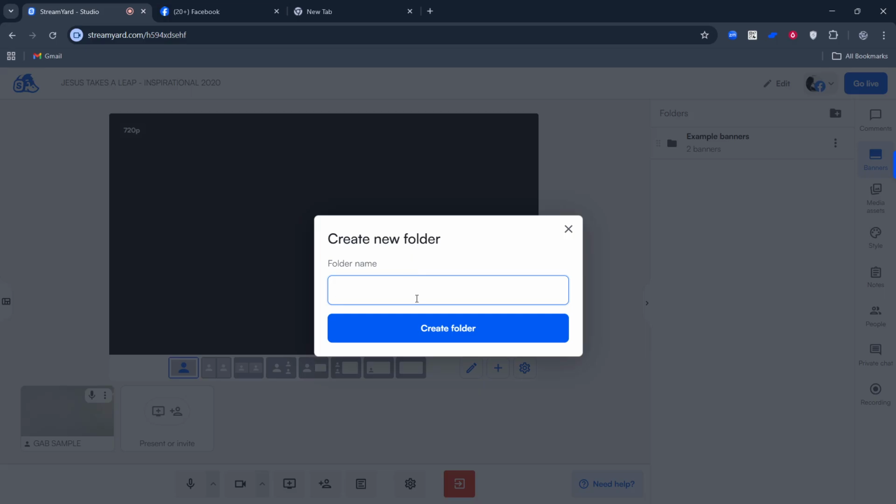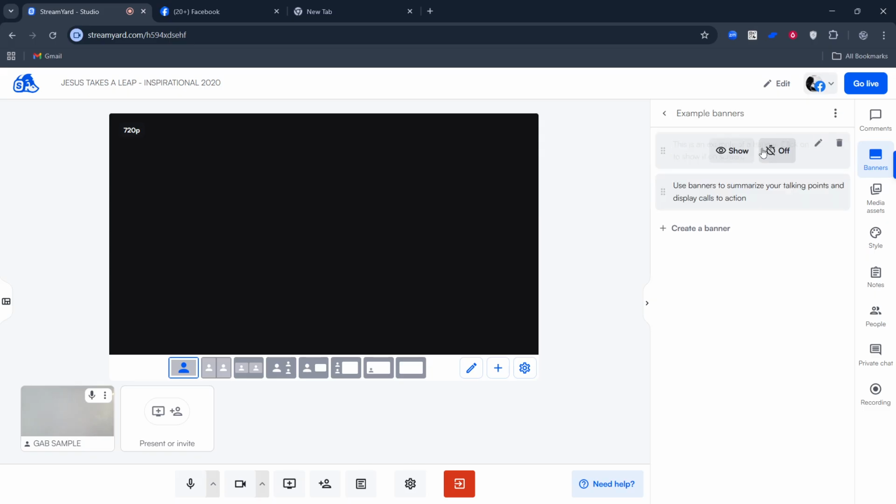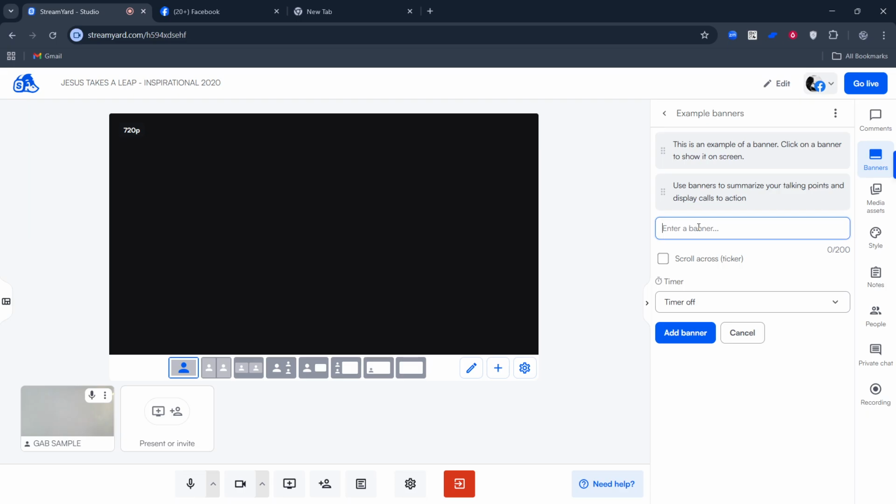Now, let's create the ticker. Click Create a Banner. In the text field, type the message you want to display. Keep it concise and readable. Short phrases land better than long paragraphs. If you're listing multiple items, consider separating them with dashes or vertical bars so viewers can scan the line quickly. Avoid stuffing in too many links or complicated punctuation, and aim for clear, friendly wording.